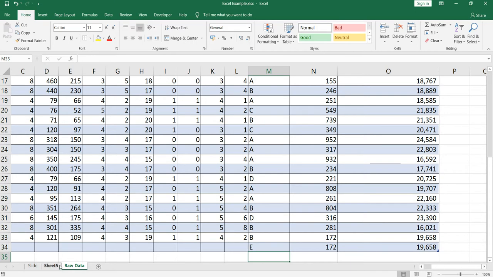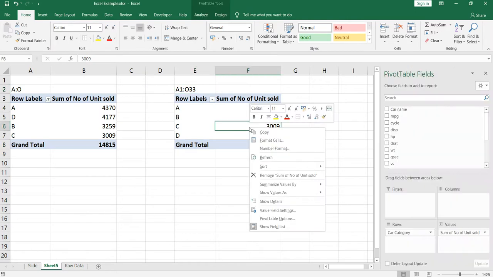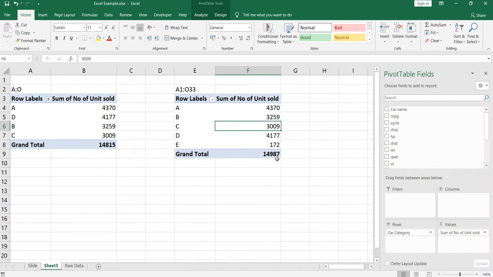Now we'll go to our sheet 5. If I refresh this pivot, it takes the value E.